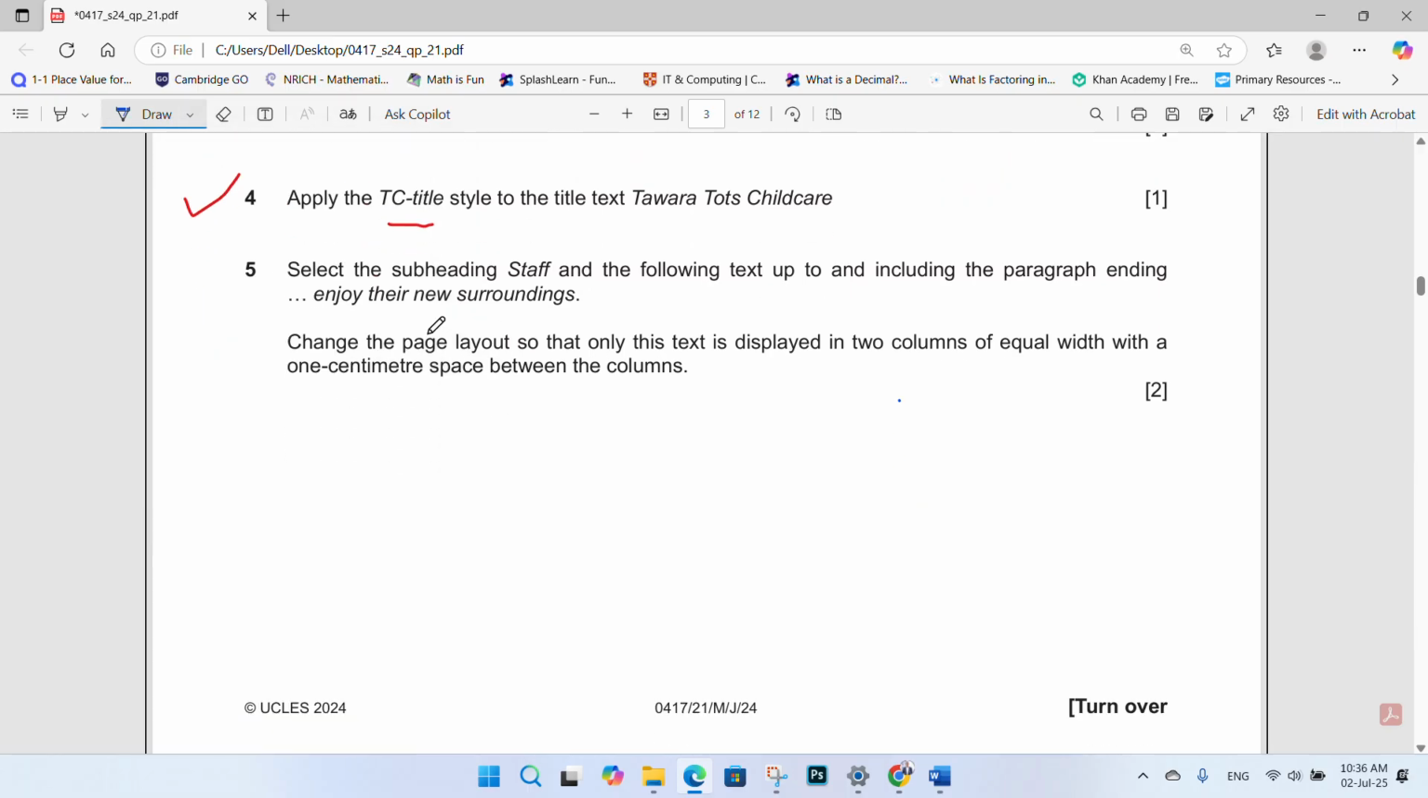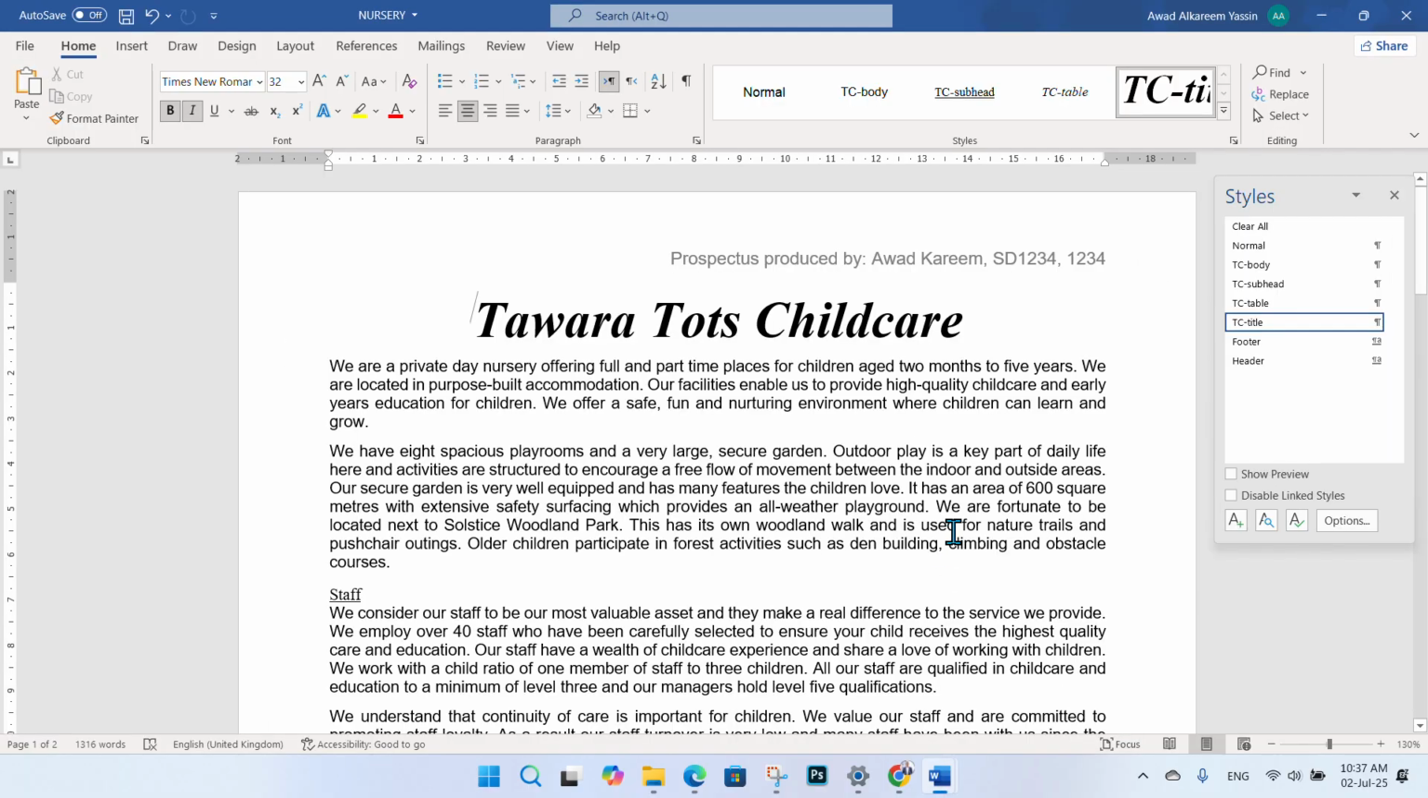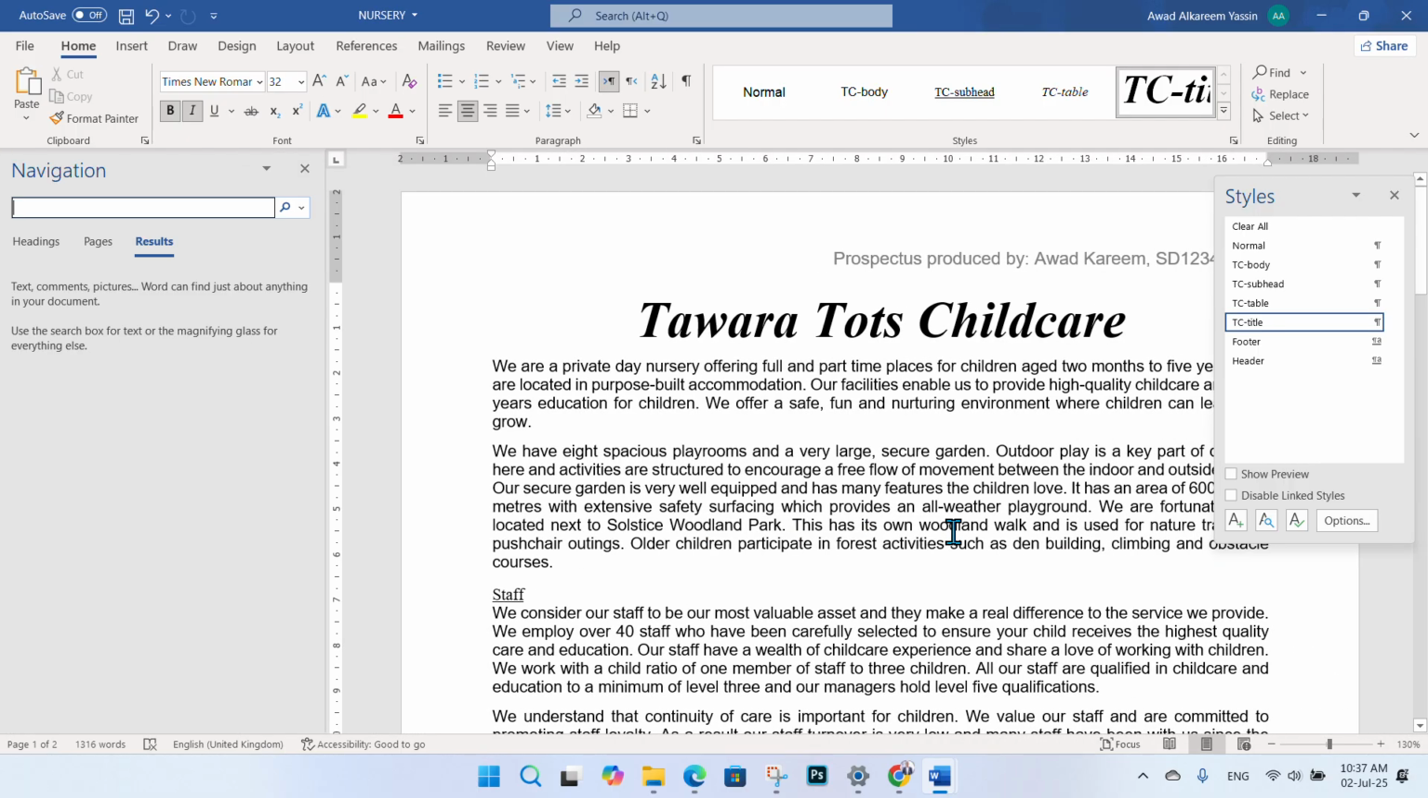Step 6, we have select the subheading staff and the following text up to and including the paragraph ending, enjoy their new surroundings. We're going to look for this text, enjoy their new surroundings, and the subhead staff, and we select all the text from the staff till enjoy their new surroundings. So we're going to click Control F for find,